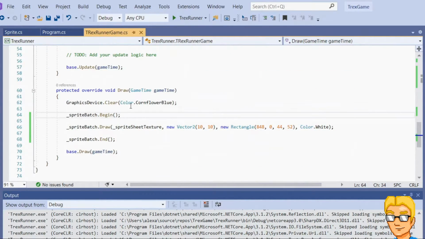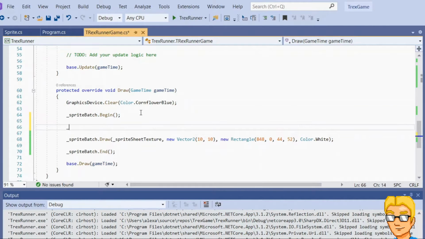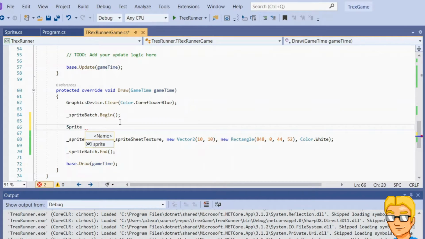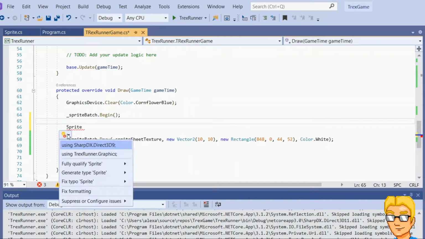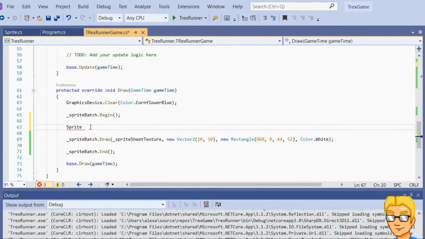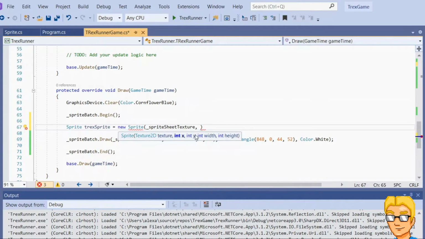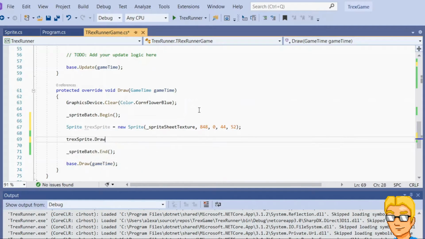So we can do this now. Here, instead of this, we could create a new Sprite. And remember, we put it in a different namespace named Graphics, so we need to reference this namespace with a using directive, using TrexRunner.Graphics. Create a new instance, and here we have to pass the values for initialization: sprite sheet texture, and then here pass these values, coordinates, and that's fine. And then instead of this, we can simply say TrexSprite.Draw and pass the SpriteBatch